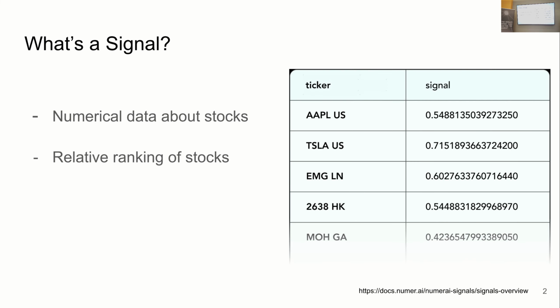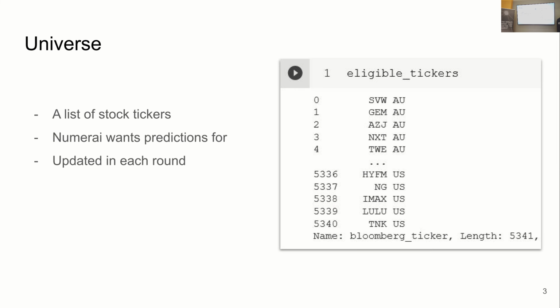So I want to talk about signals. Does anyone remember Erasure and Numerai? Richard does. I was an early user, and it turned into a signal in the Signals tournament. From a classic user's perspective, these terms are new. What's a signal? It's like an indication about movements in the stock market, or about any stock. And then comes the universe. A universe is a list of tickers for which Numerai wants the signals, and it's updated in each round. We want to predict for live tickers.